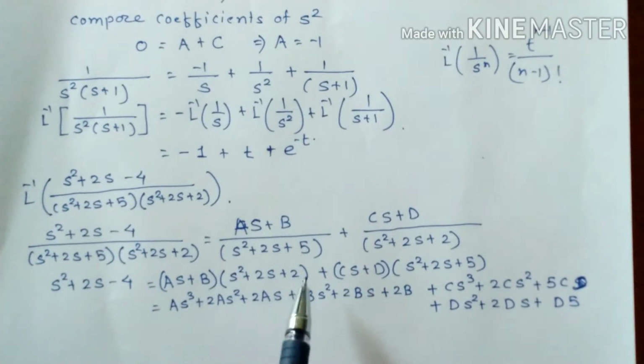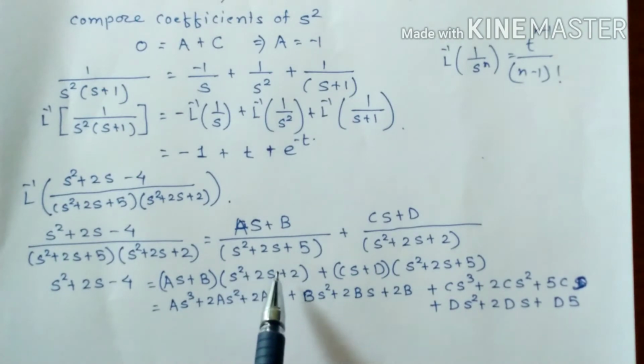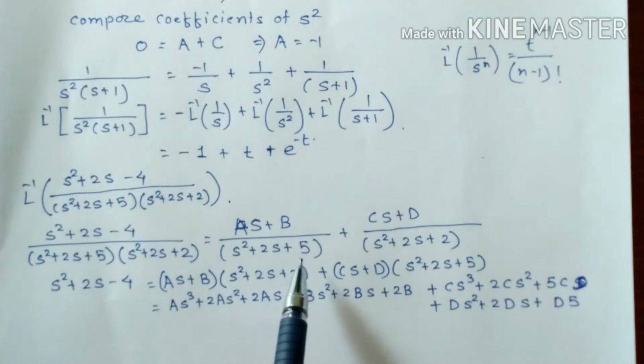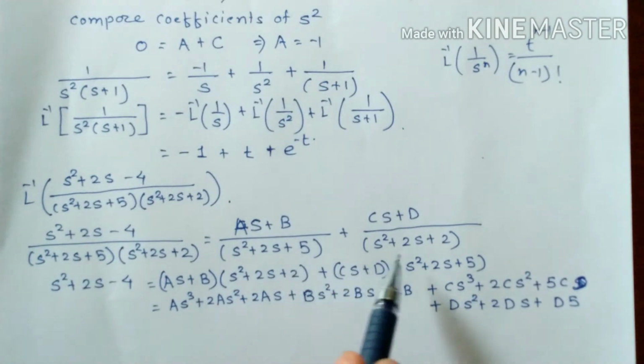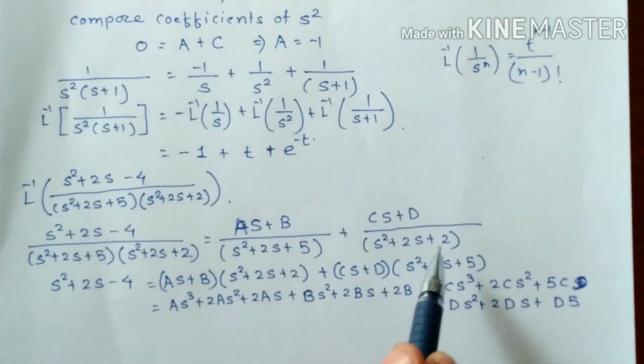Why not feasible? The question is, can you tell me the real roots, or say the integer roots, of this particular polynomial? No. Or even, can you factorize this into linear factors, say s minus alpha, where alpha is any positive integer or negative integer, whatever it is? No, we cannot. The same thing for the second one also. Hence, the only choice is you have to perform the partial fraction with the help of quadratic factors.